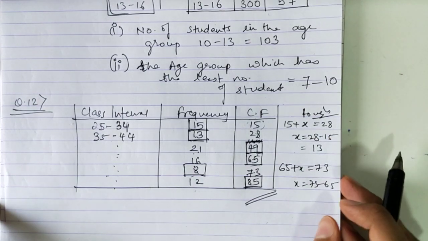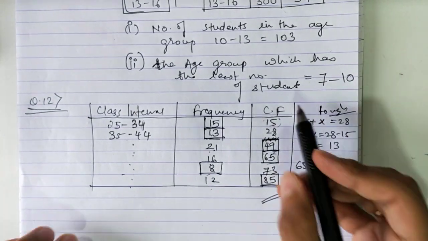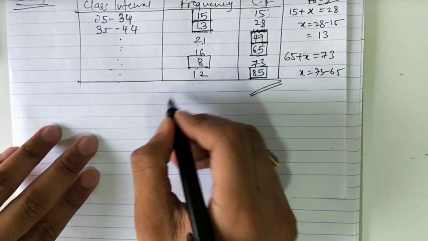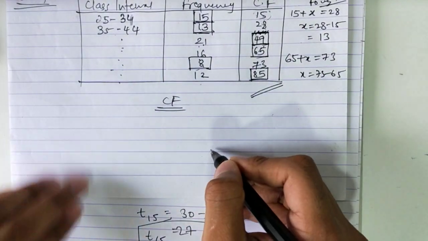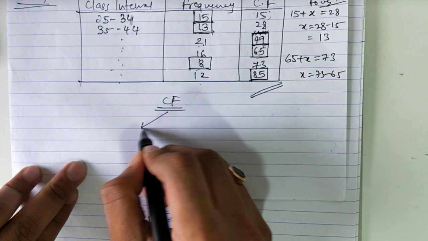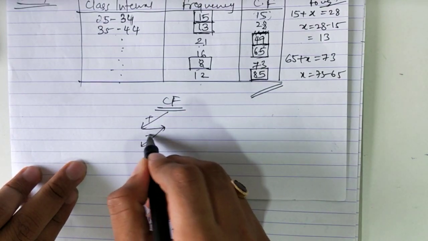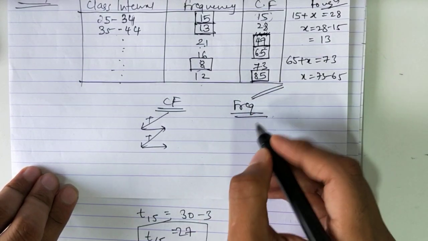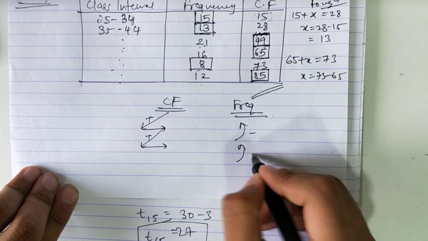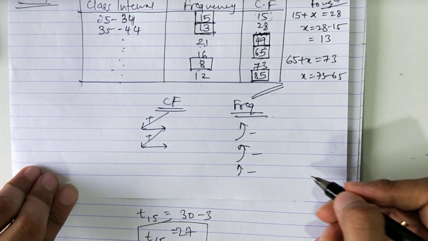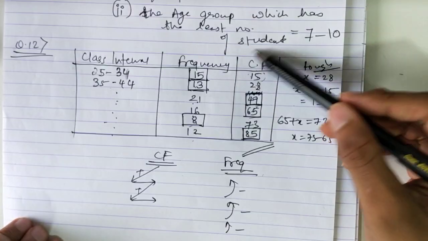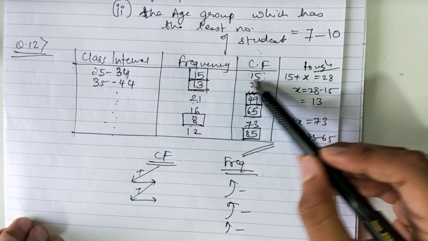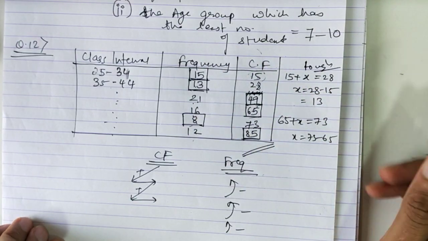Okay, I hope you have understood the sum. Very simple. But just remember two things here. Two things are most important. When you find the cumulative frequency, you add like this and write the answer here. And when you are finding the frequency, what do you do? You subtract with the previous value. So here we had cumulative frequency. Frequency was already given. So we used the zigzag method and got the answer.